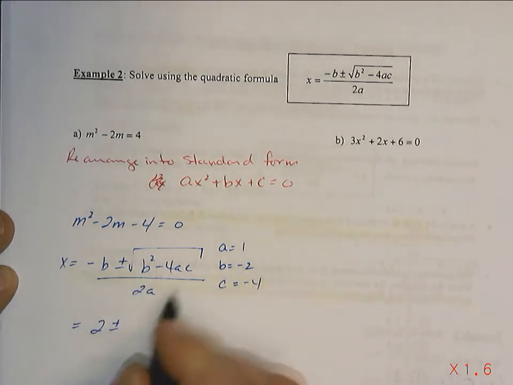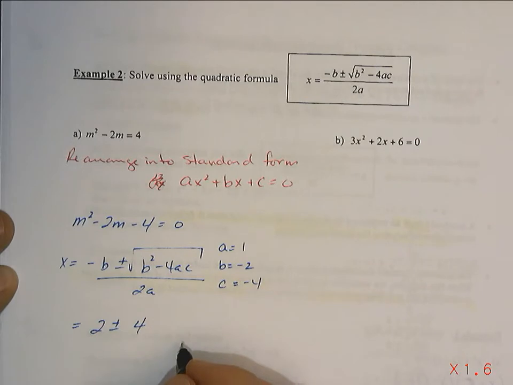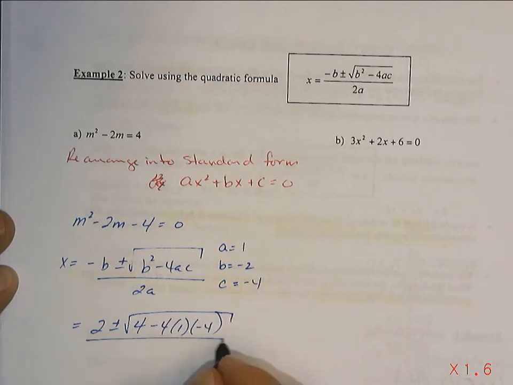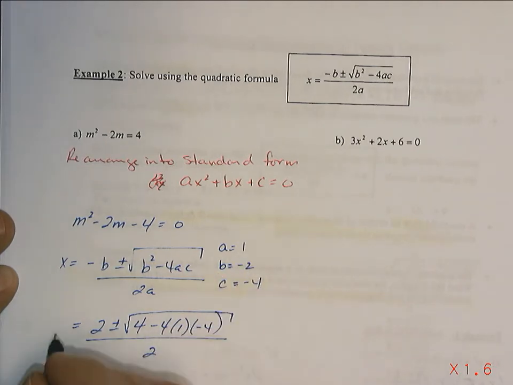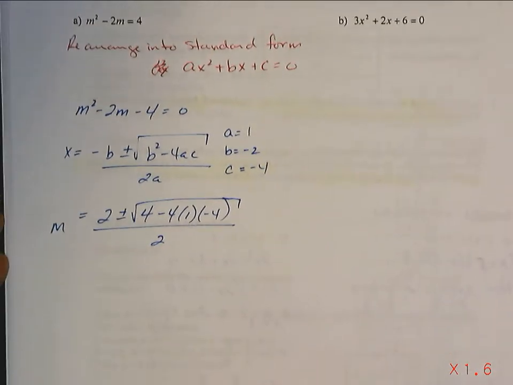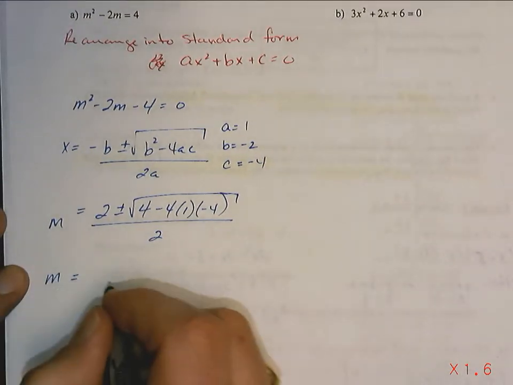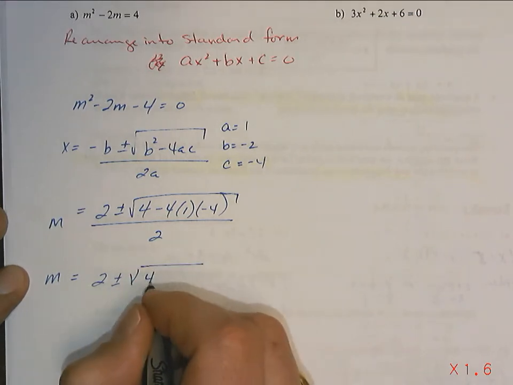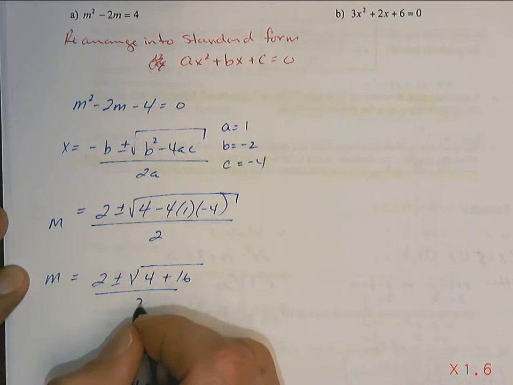b is negative 2, so it's going to be negative 2 squared, which is 4, minus 4 times 1 times negative 4, over top of 2 times 1, which is 2. And the variable is m, so it's m equals 2 plus or minus square root 4 plus 16 over top of 2,